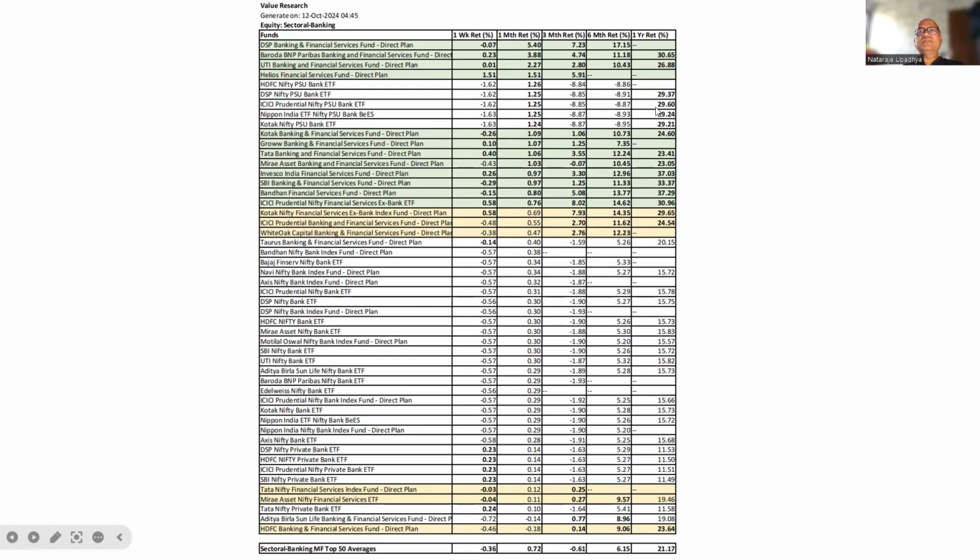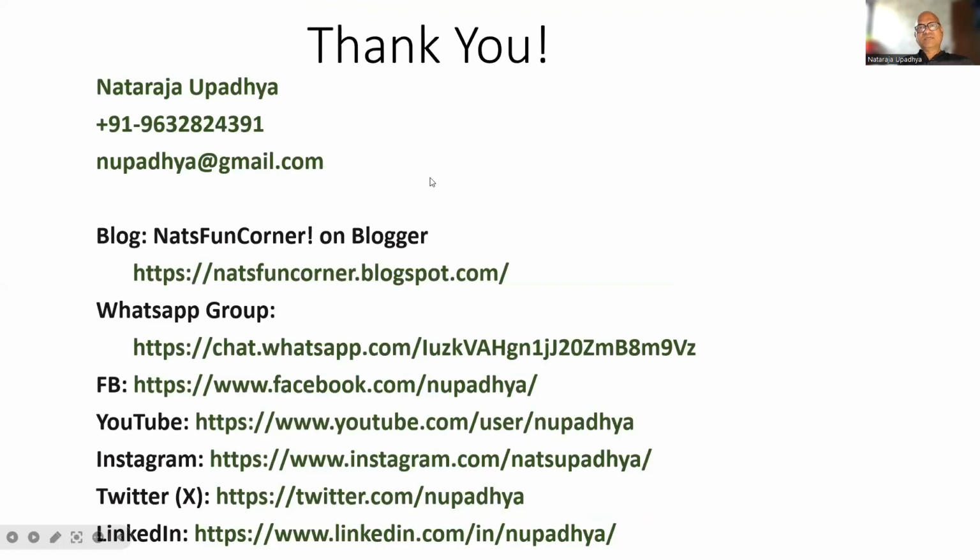Though there are a lot of green ones, they are all below 30.65%. And the best fund is DSP Banking Financial Services Fund with 17.15% for 6 months. It is very promising, but it had a negative return. So hopefully its time will come soon when the banking funds perk up. What you don't see is a lot of underperforming banking funds not shown here because we take only the top 50. So with that, I think we are coming to the end of subtypes.